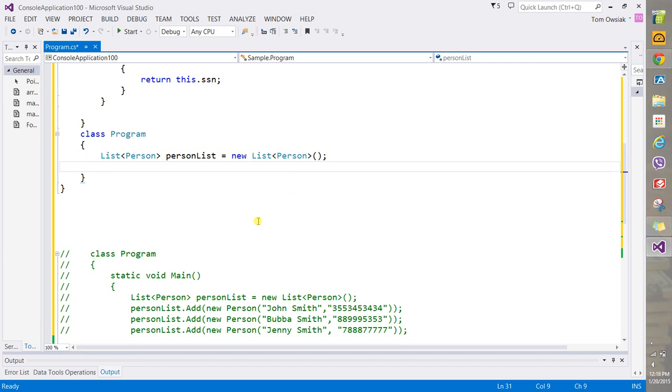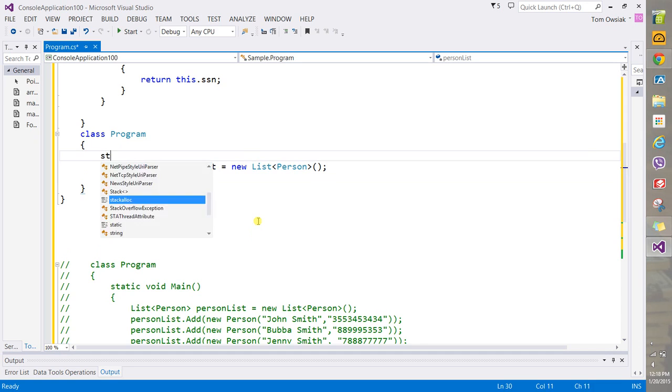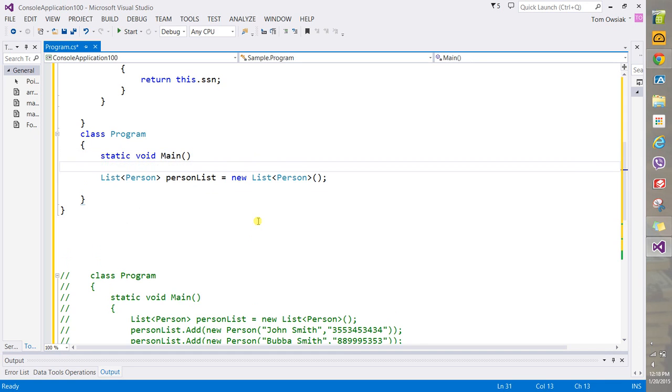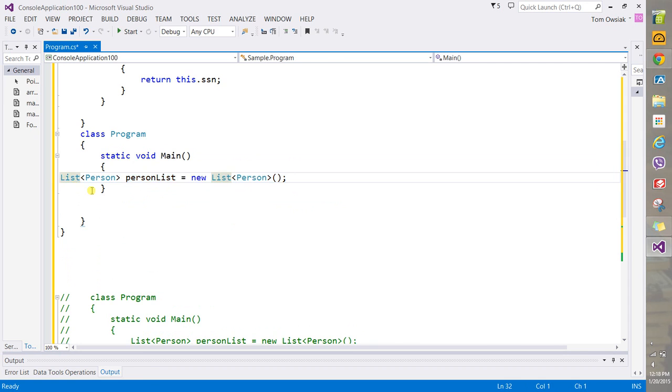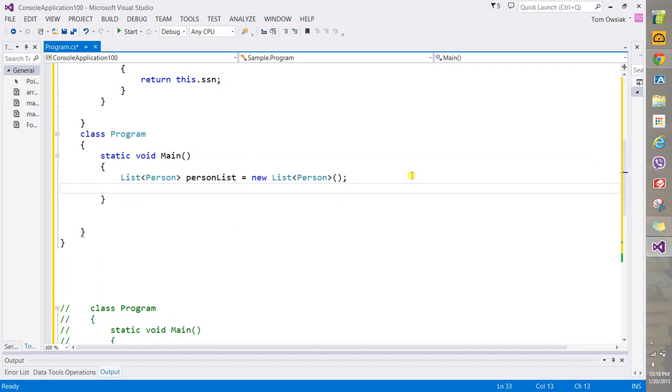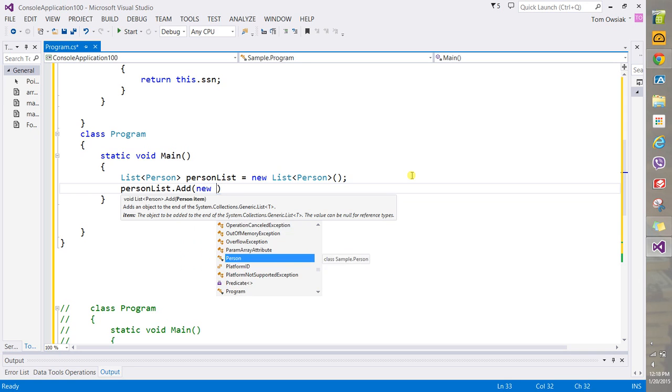Now we're going to add to the list, so you can say personList, and then dot, okay, it's not recognizing. One second, I forgot static void Main. I forgot to add that. I have it in the example, I just forgot to type it now for some reason. There you go. So personList.Add, and now you can add a new person by writing new Person